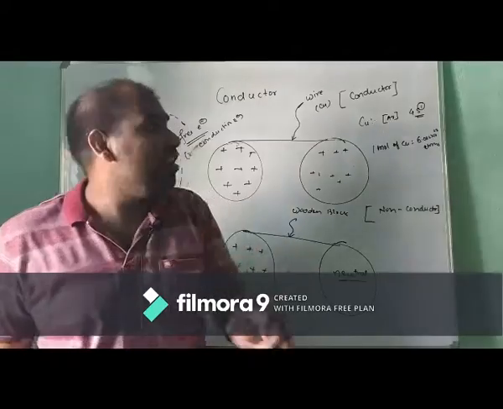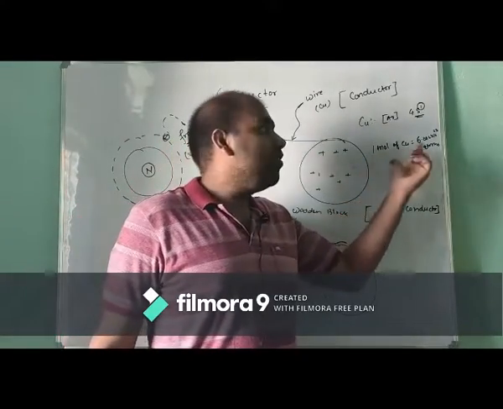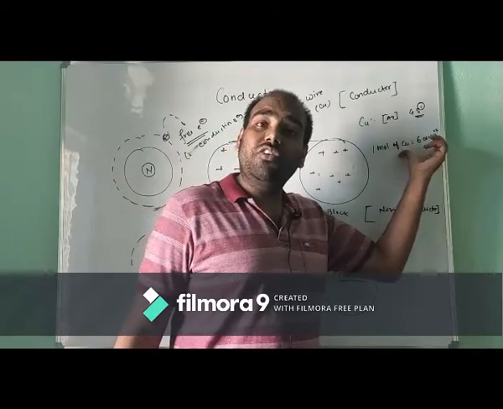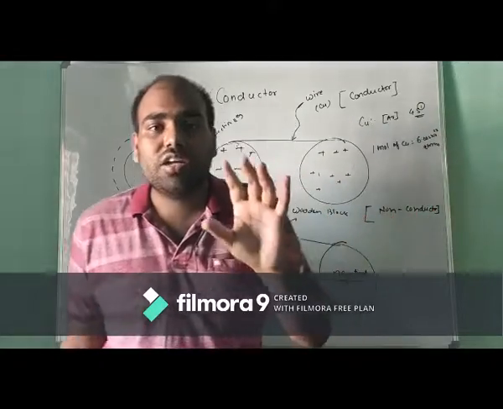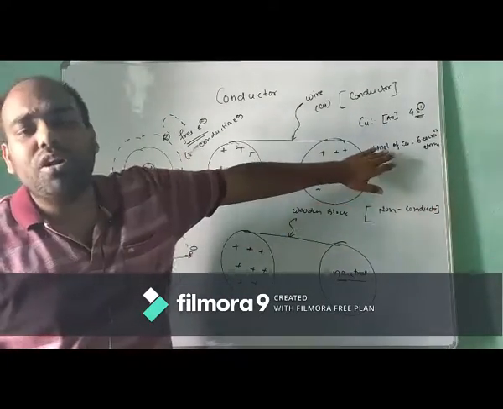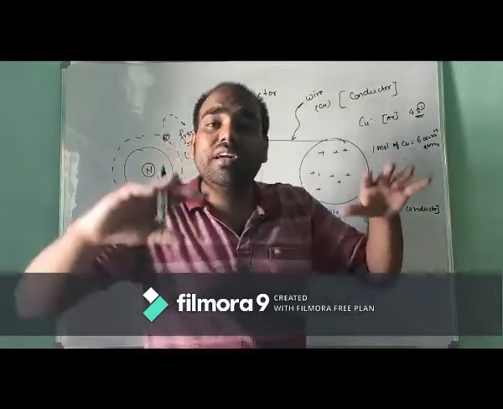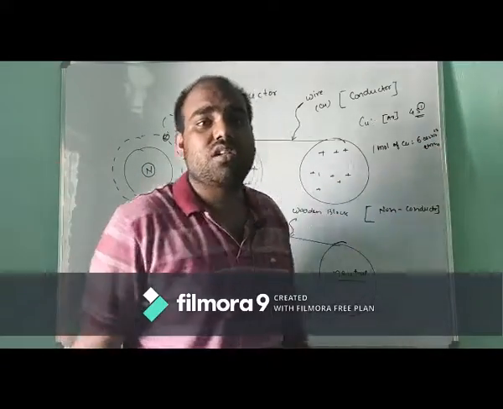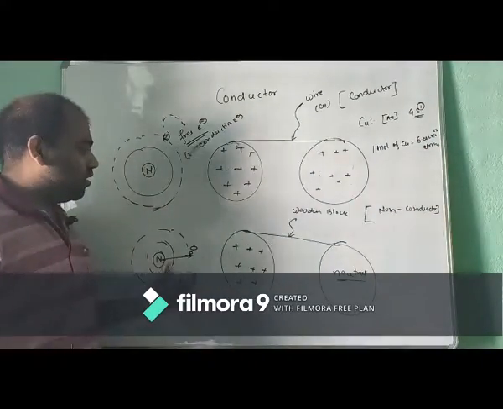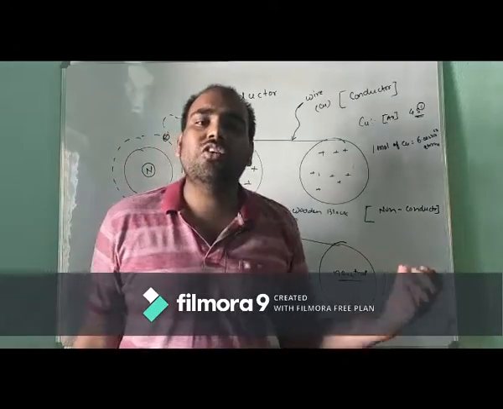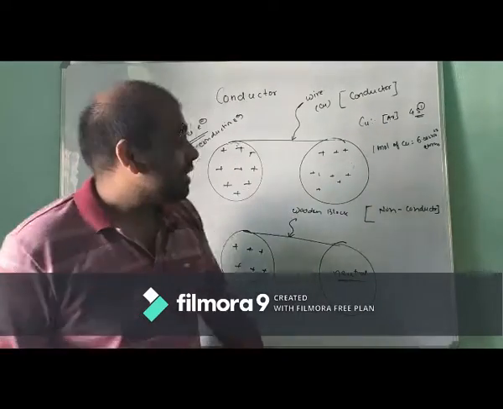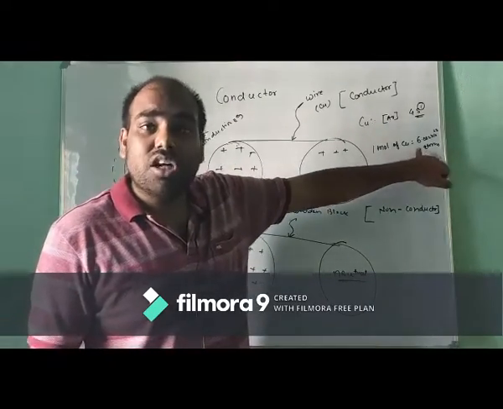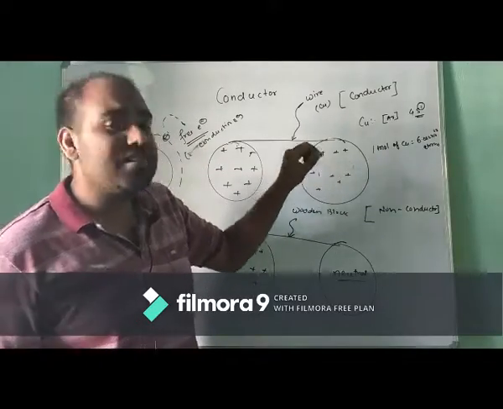Then you can imagine 1 mole of the copper will constitute this amount of free electrons. Even in 1 mole of copper, this constitutes an abundance of free electrons. While in the case of the non-conductor, no free electrons are found. These free electrons are the cause of the flow of electricity.